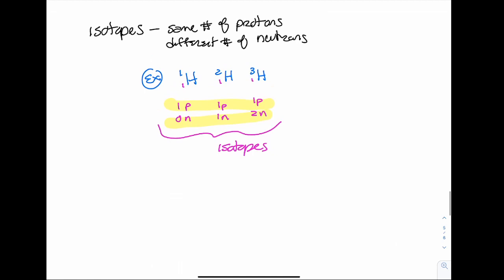What I want to focus on in this video are ions. Ions are going to be charged atoms. Do not get isotopes and ions confused. They both start with I, and it's really easy to do. But these are going to be charged atoms. Remember we said if our atom was uncharged,